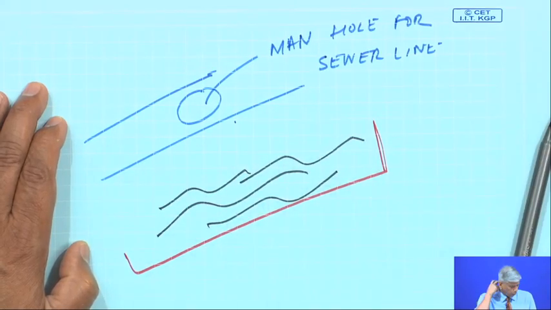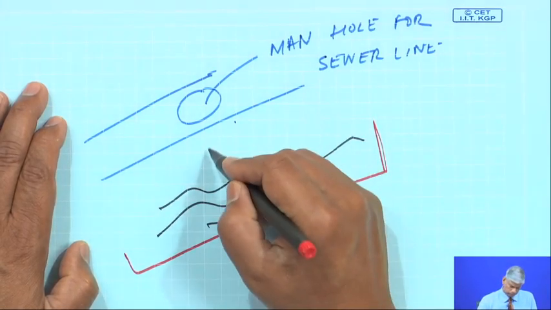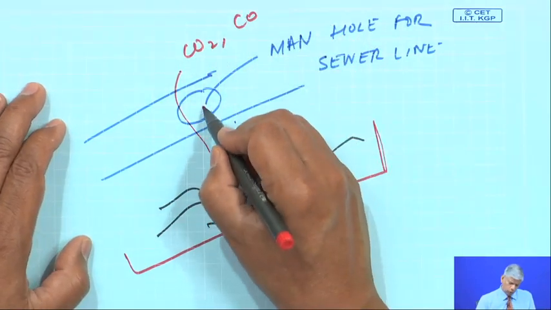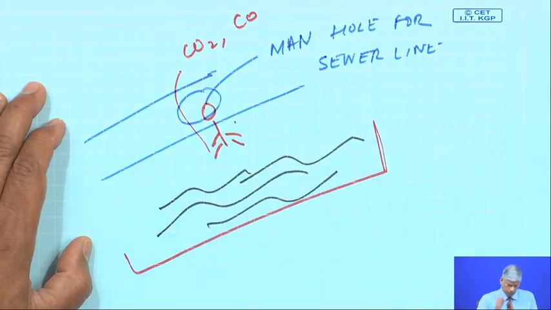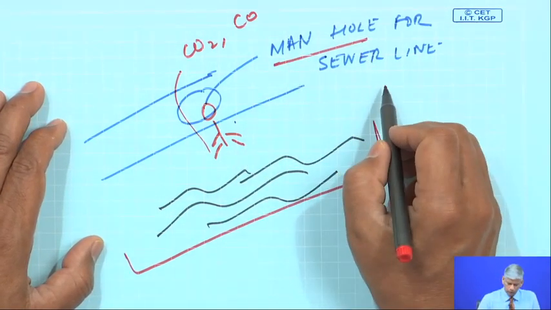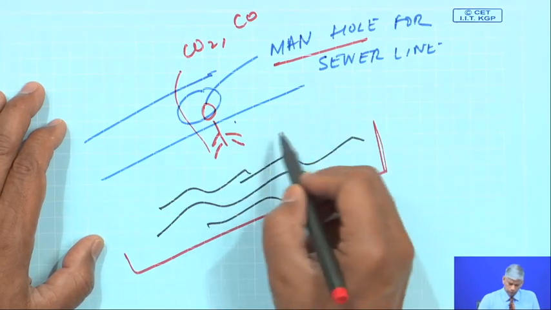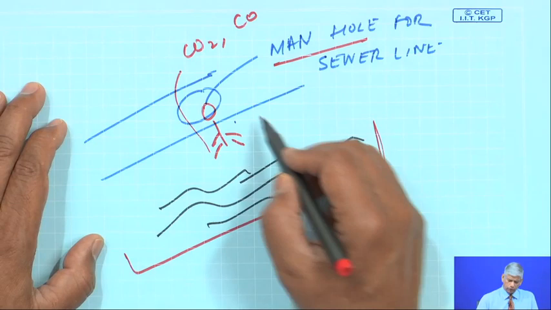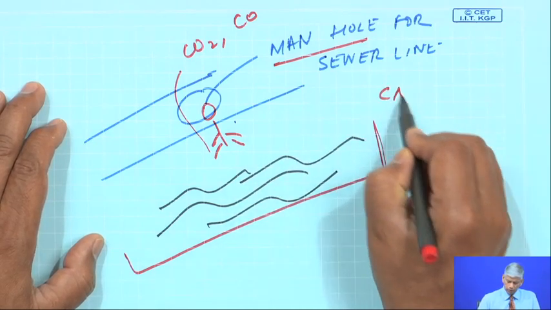They give out a lot of poisonous gases, maybe CO2, CO. If any crew goes in, they have to go with good breathing protection. But in such cases, if I put a vision based, camera based system,